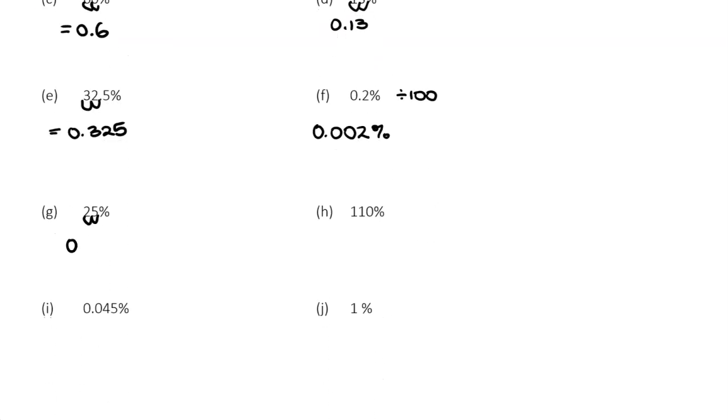Okay, jump, jump, 0.25. Now we've got the decimal point here. Jump, jump, 1.10. Jump, jump. Ooh, this one's going to be a very small decimal. 0 point, we need a 0 here, 0.0 here. So we're going to have 0.00045. That's a small one. And 1%, jump, jump,